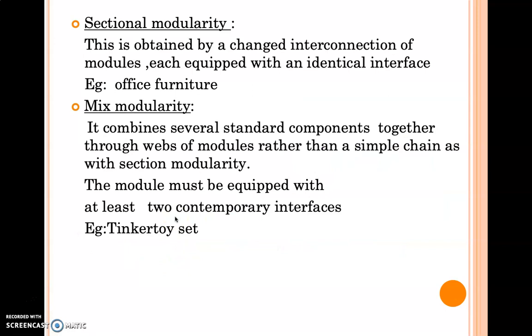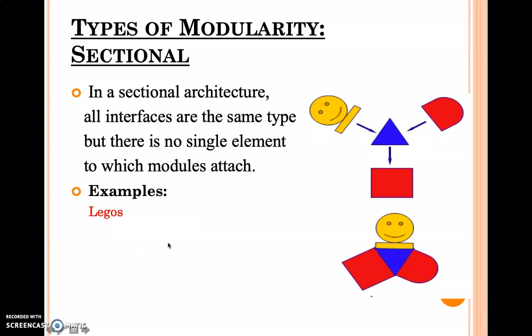Next is sectional modularity. This is obtained by changing interconnections of modules, meaning one connection can be changed to another, like office furniture. Mix: if you combine two or more of these kinds of functional modularity, it comes under mix. This module must be equipped with at least 2 contemporary interfaces, like Tinker-Toy sets.